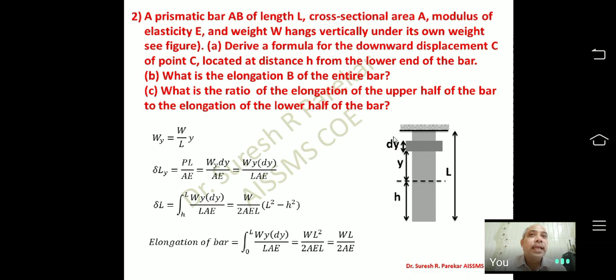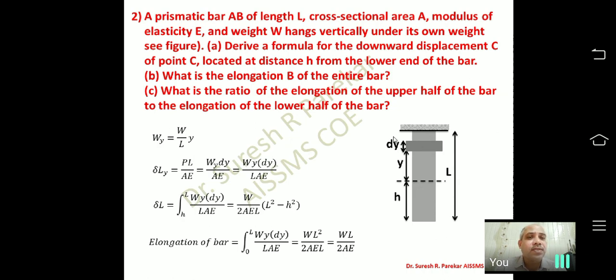So now in examination you may have a problem, that is MCQ: what is the deformation of the bar due to its own weight, and then my value will be WL upon 2AE. Or some dimensions are given and they ask to find out at some height from the bottom, then we have to keep in mind the general formula W upon 2AEL in bracket L square minus h square.